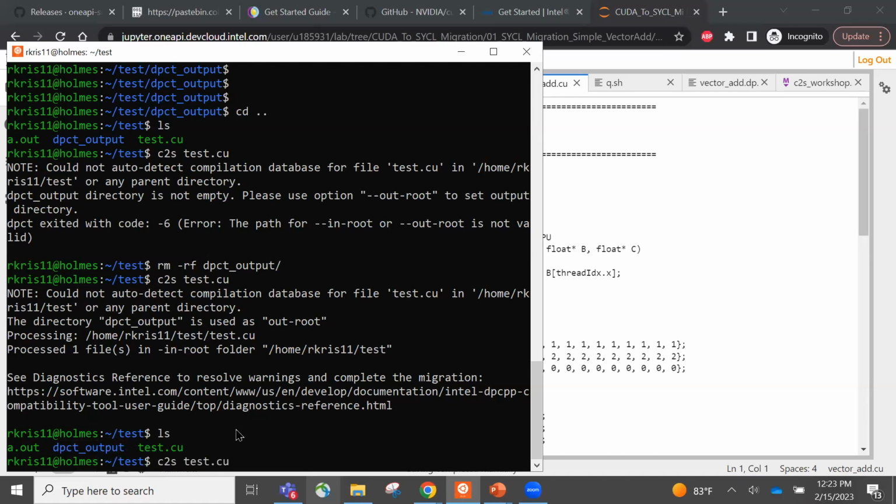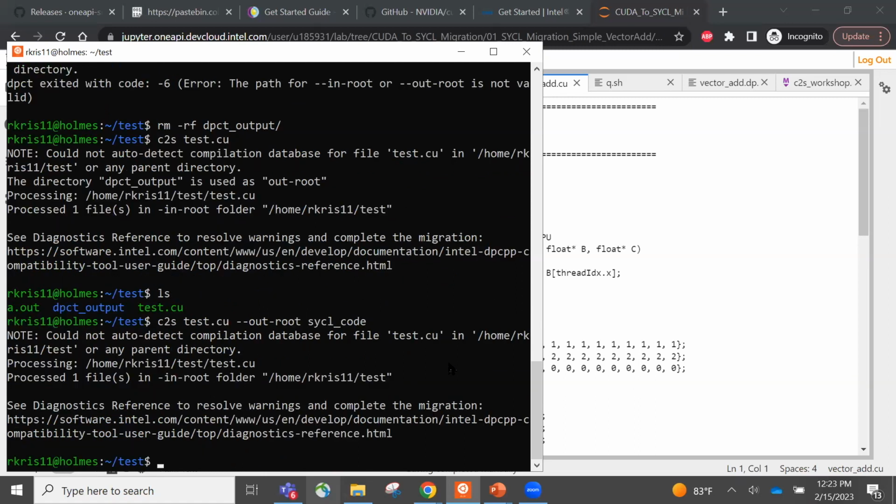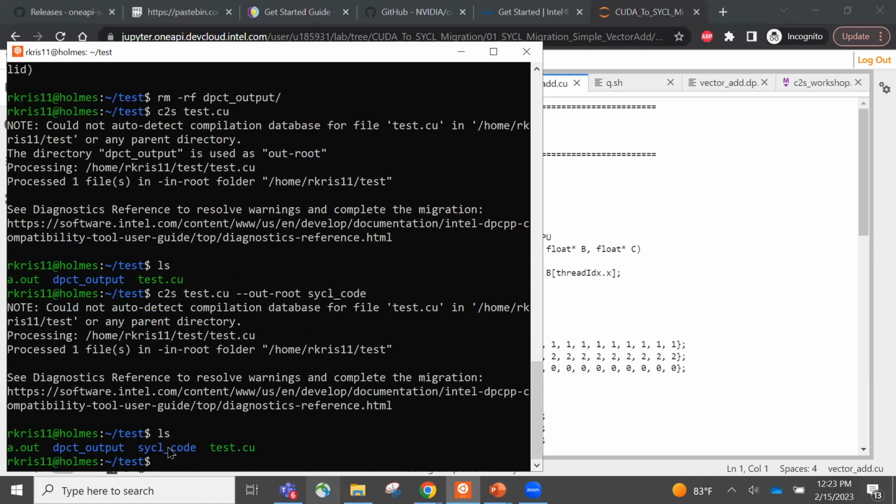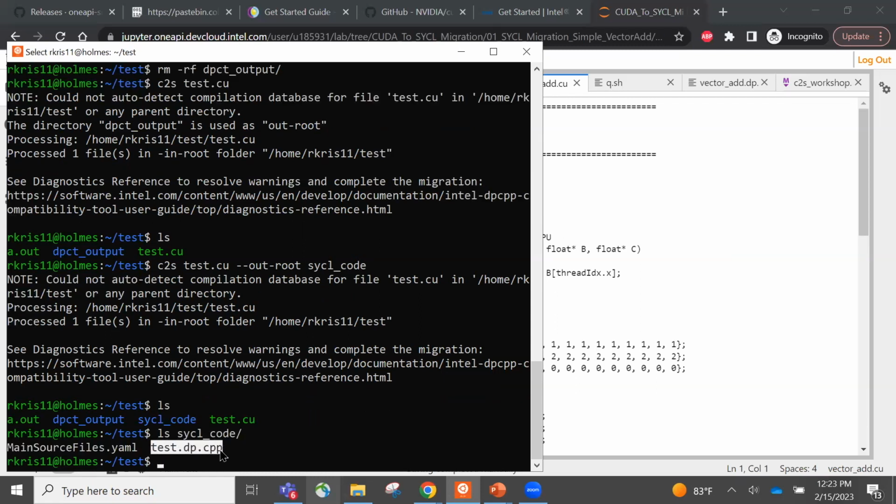So there's a command line option. We can say the command line option is called out root, right? And then you can specify a folder name. Let's call it SYCL code or something like that. And if you do that, the main difference is I just created a folder called SYCL code, right? And then inside that SYCL code, it generates the SYCL code,